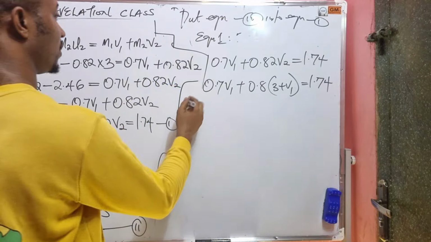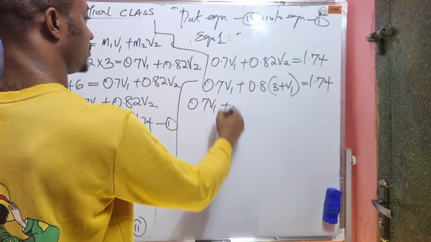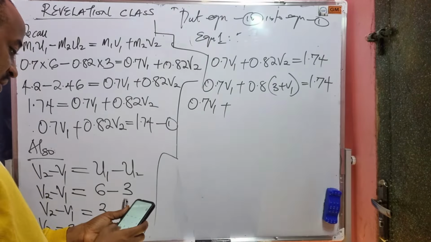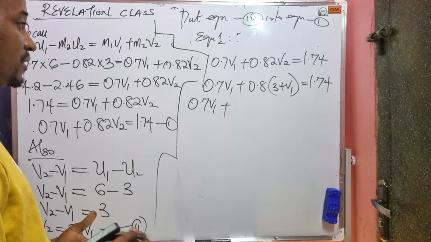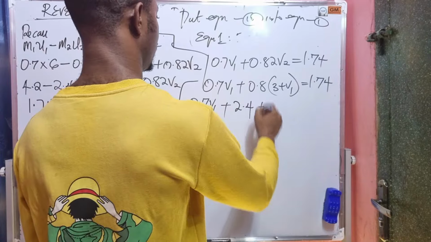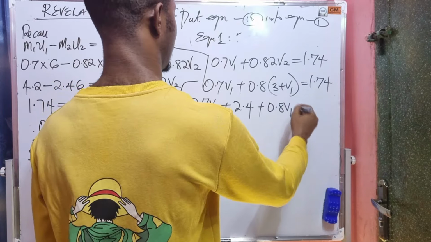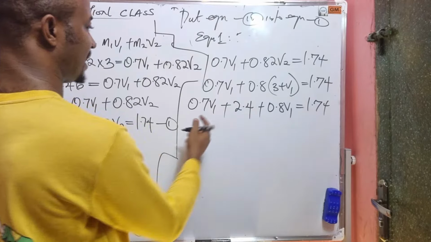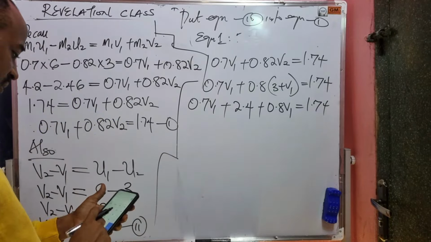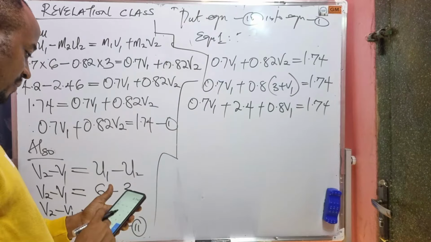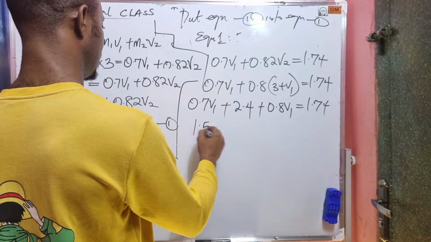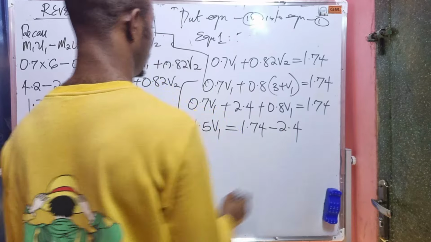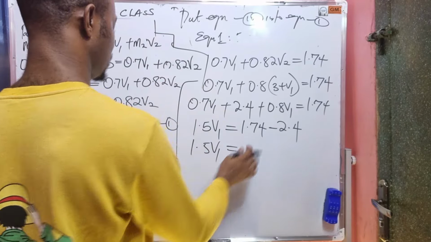1.74. So here we have 0.7 V1 plus, let's expand this, 0.8 times 3, which is 2.4. Here we have 2.4 plus 0.8 times V1, which is 0.8 V1, equals 1.74. These two are like terms, so we can add them up. That will give us 0.7 plus 0.8, so here we have 1.5 V1 equals 1.74 minus 2.4. So 1.5 V1 equals